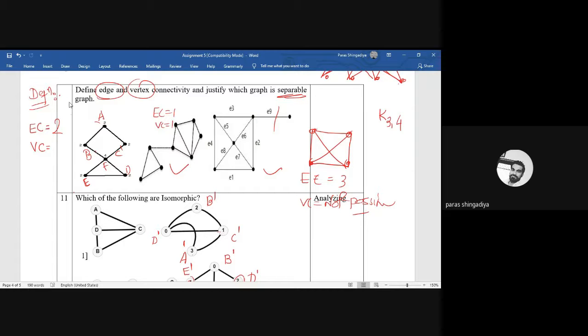There are 6 vertex given there. Check for all the 6 vertex. If I delete it, can we get into the 2 partition or not? Yes. What is the answer? Yeah, that is F. Just delete the vertex F, which is in the middle of this graph. Just delete the F here.